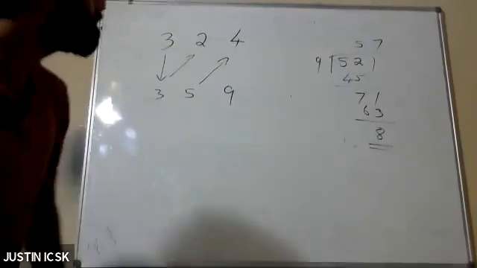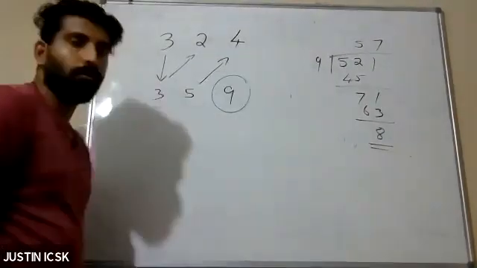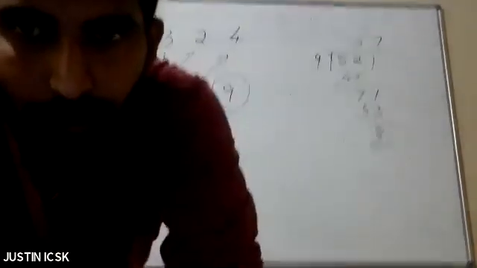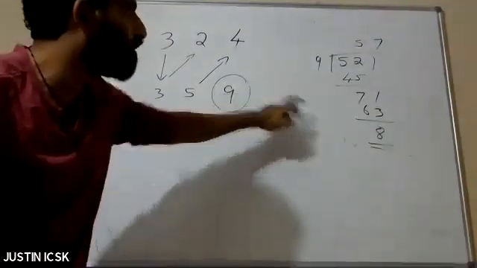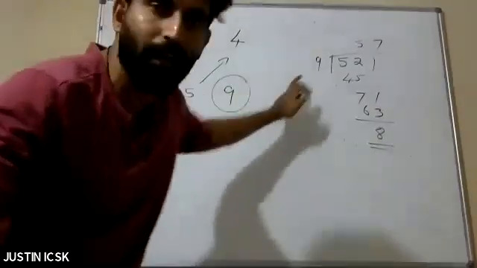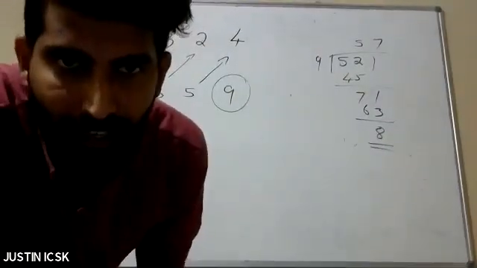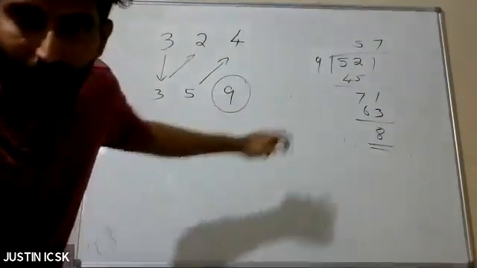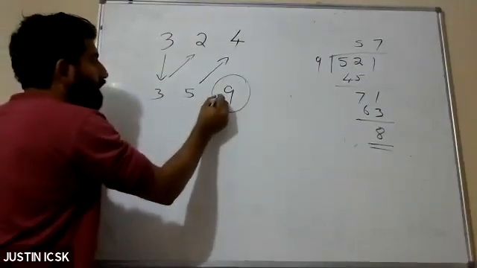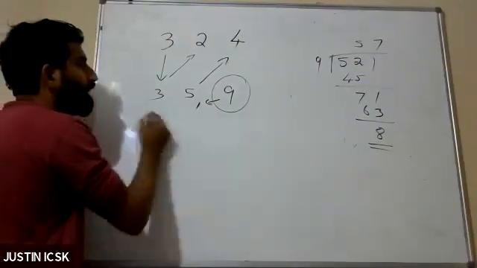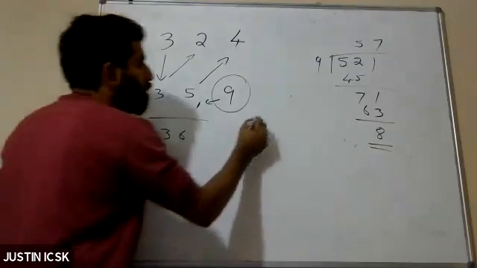Normally, there is no chance of the remainder being 9, because we are dividing by 9, right? So don't take the 9. If 9 or above comes, just take 1 here. That 9 you can take as 1 here. So the answer is 36, and the remainder is 0.